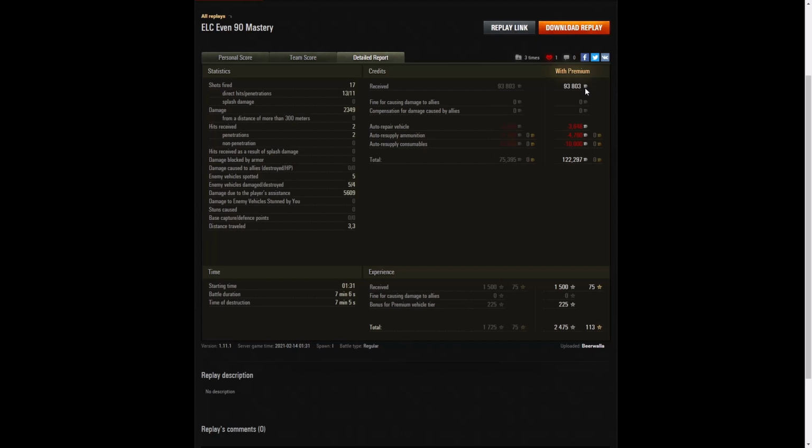On a premium count here, 93,803 credits from the game, and after repair and ammunition, resupply and consumables took away 122,297 credits altogether. He got 1,500 XP, 225 for this being a premium vehicle, and took away 2,475 experience points